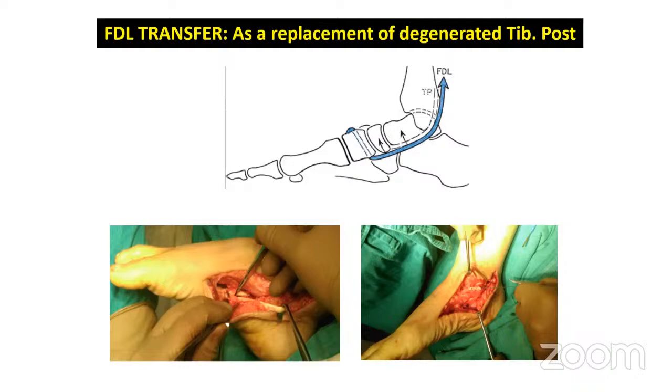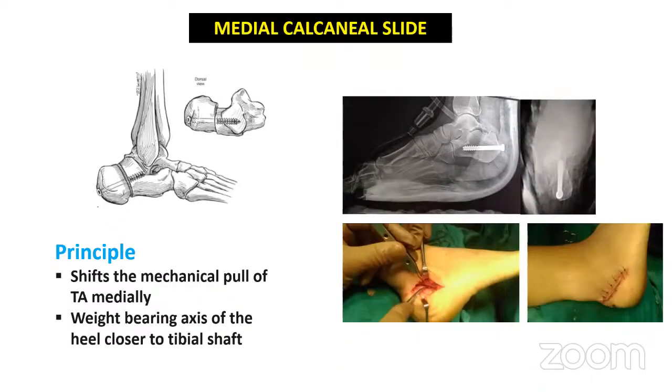We are going to debride the tendon of the tibialis posterior, and excise the part which is probably not very functional or is quite degenerate. And then we are going to take the FDL which is just adjacent to it, pull it through the navicular and suture it onto itself. The other thing that we are also going to do is perform the medial calcaneal slide.